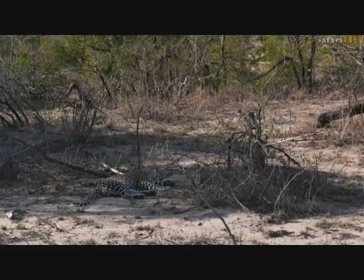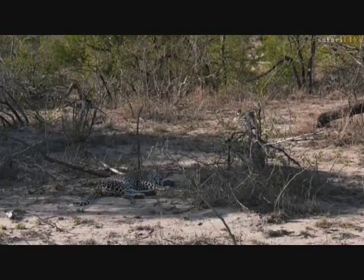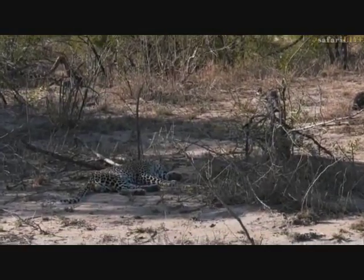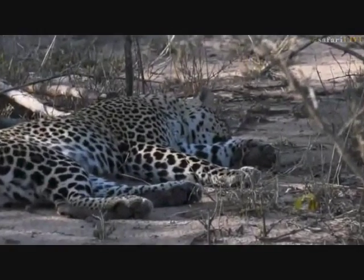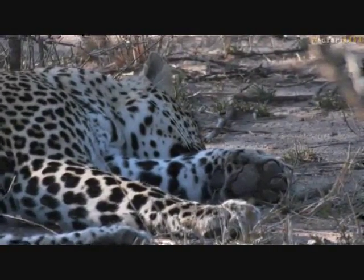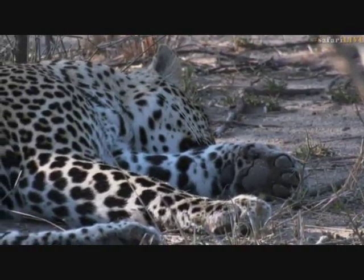We had him on his belly walking straight basically at the camera, and then he sat and he hid in complete open with the impalas walking past him, and it was just the most amazing display of camouflage and also of Hosana's coming of age, because he went from a young male that was hunting terrapins, and then when I watched him with those impalas, I realized very quickly that this individual has figured out exactly how